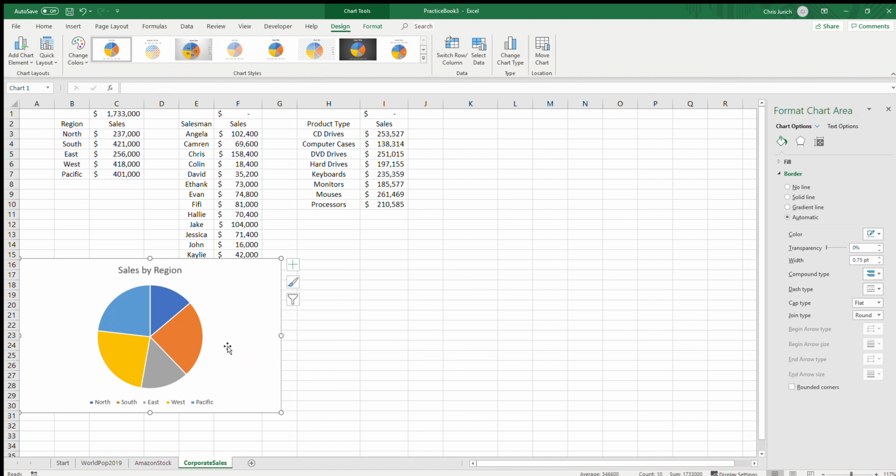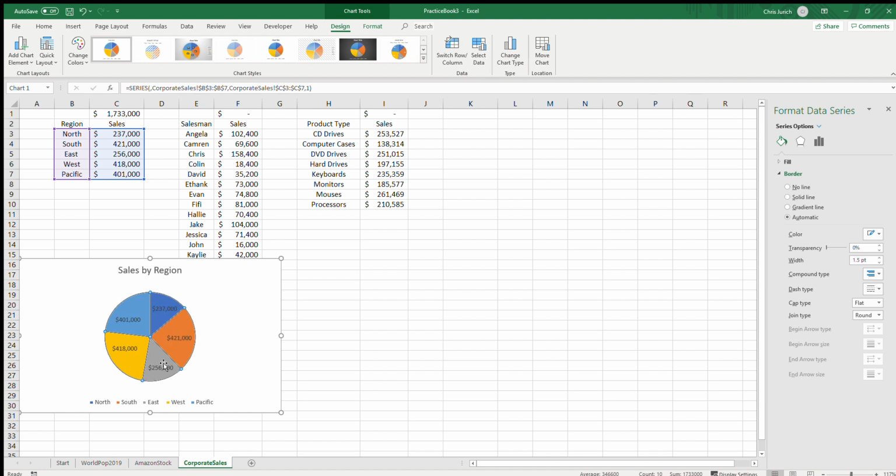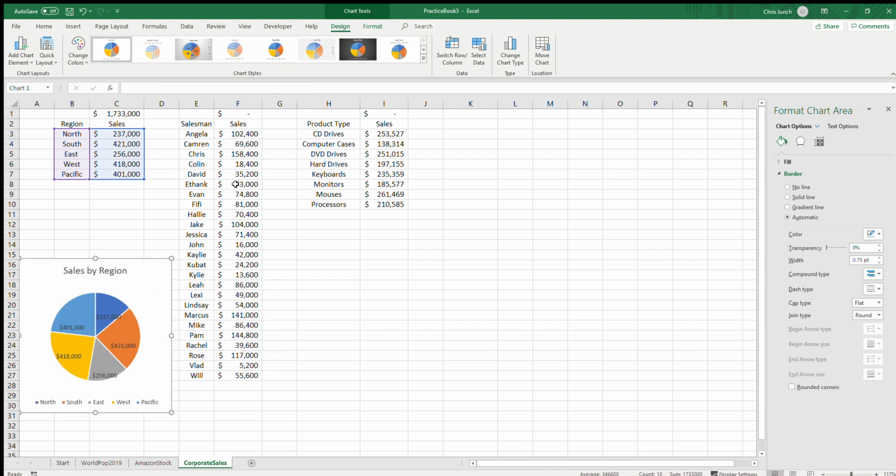And kind of like before, it's still a little hard to see what region is what and what pie chart is which. So we're going to go in and we're going to right click and we're going to go add data labels, and then just hit add data labels. And so now you can see the amount of money that each region is bringing in. So we're going to make that a little smaller and move on to the next part, which is sales by